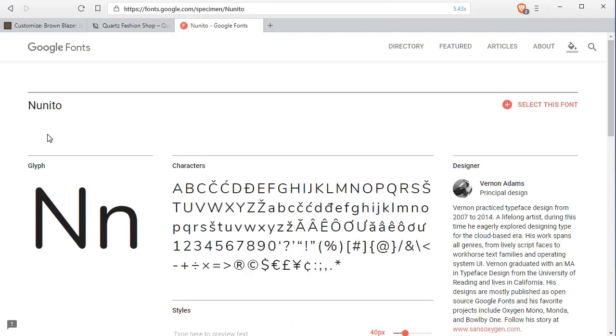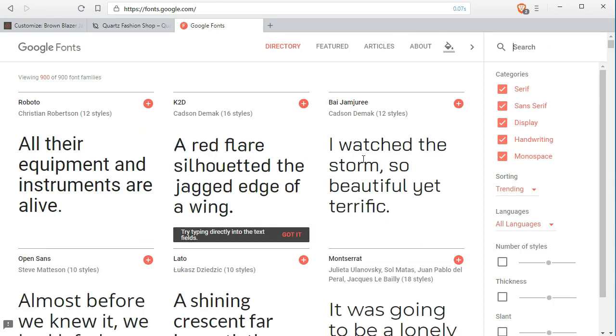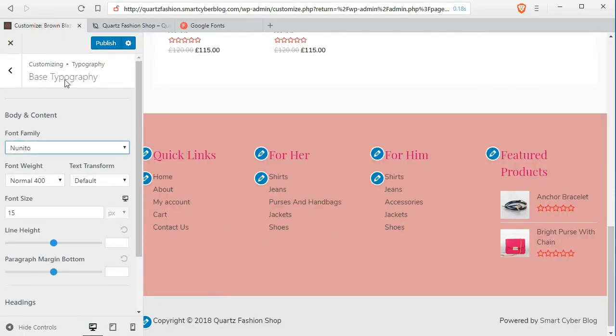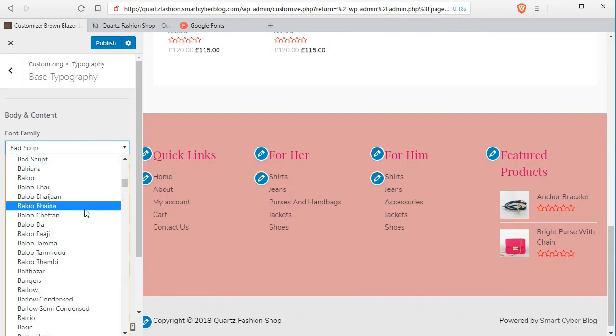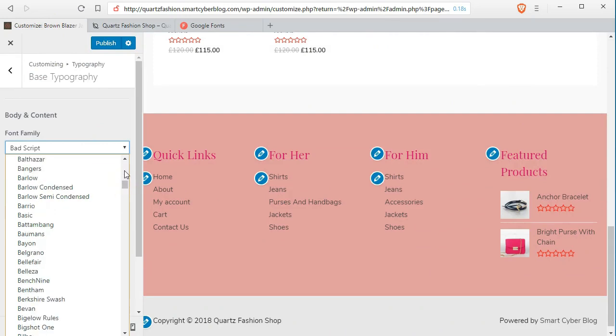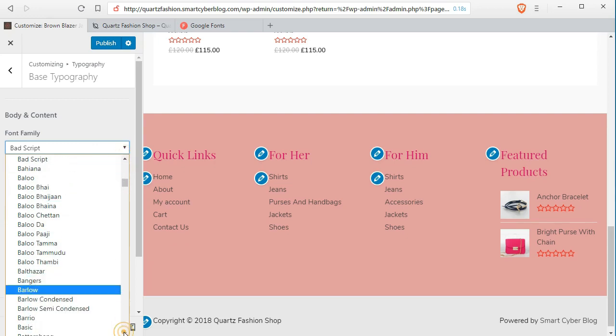This is the default set font. You are free to access any font from this library of Google fonts. Just you have to remember the name of the font and set it here inside the font family. You are free to use any font. There are thousands of free fonts,